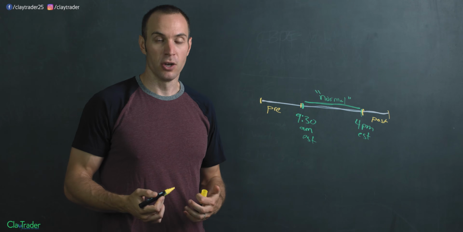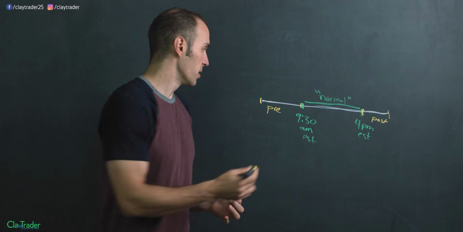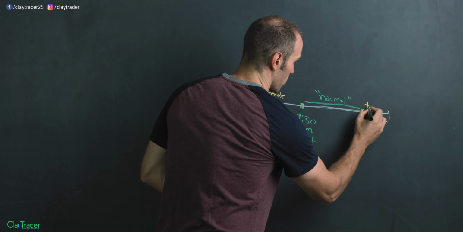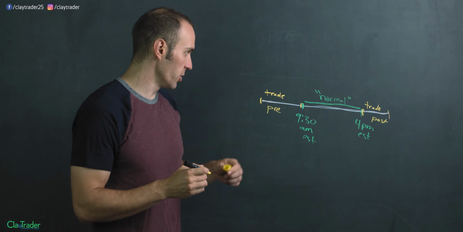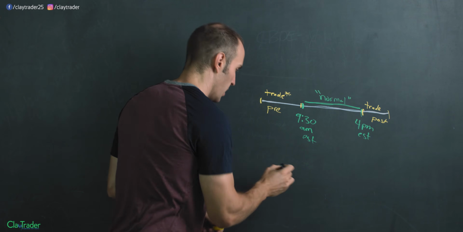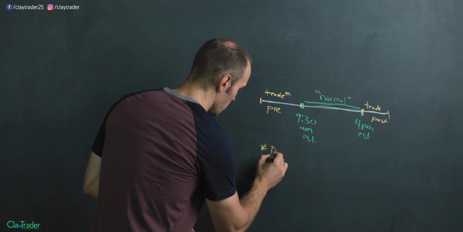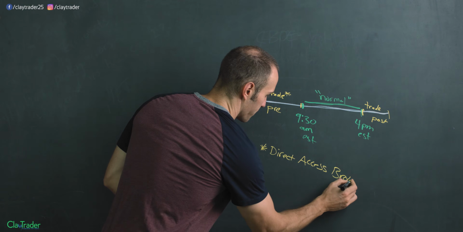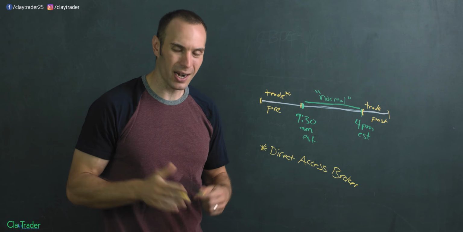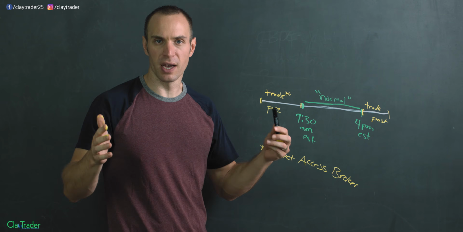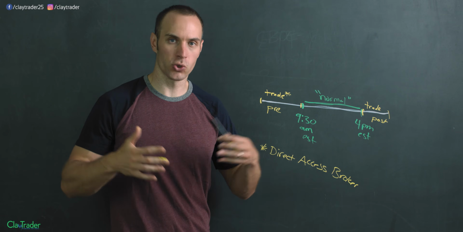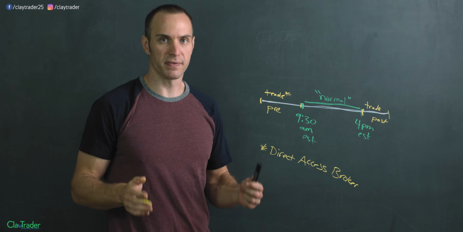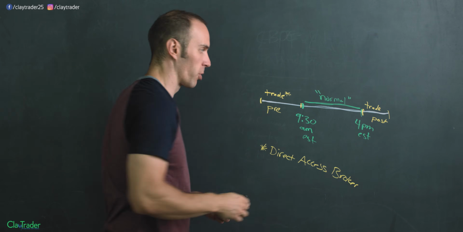Now, what is this period? Well, in this period, you can still trade. So you can still execute trades if you want to. The one little disclaimer with that, I'll put a little asterisk here, is that you need what's called a direct access broker. Many brokers out there, probably E-Trade, I don't know if E-Trade allows pre or post-market trading, but a lot of them, Charles Schwab, Fidelity, those sorts of brokers, are not allowing you to partake in this pre or post-market period of time. They're only allowing you to trade in the normal hours.